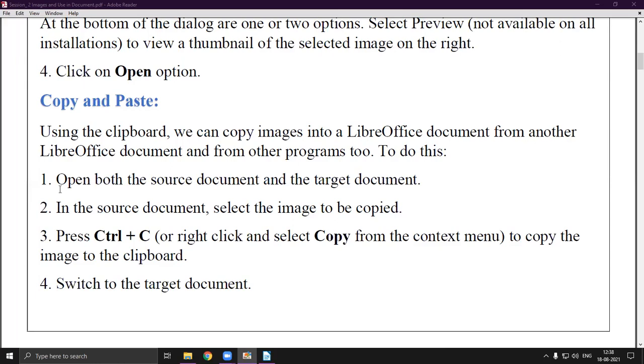And then from where you want to copy, you have to press Ctrl+C in that source document, and then come to the target document, that means the other document, and just press Ctrl+V, or just right click and select the Paste option, then it will be copied. I know it's a very easy topic to tell you, because you already know these kind of simple things.